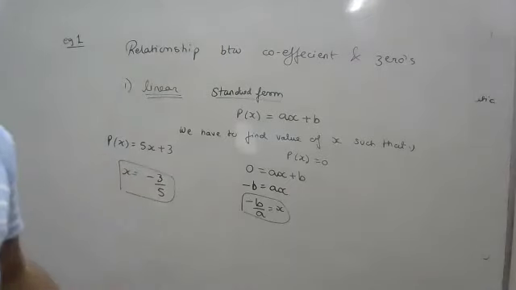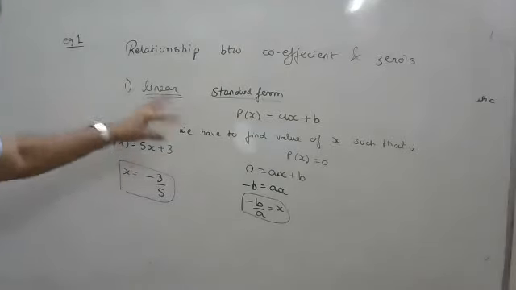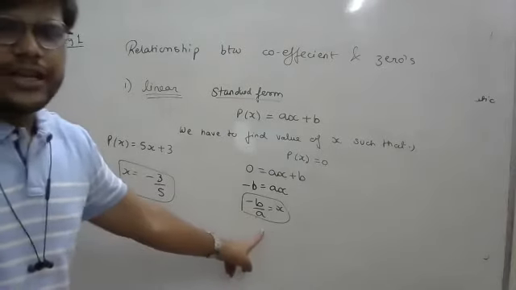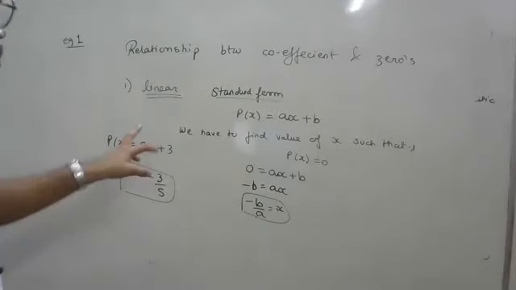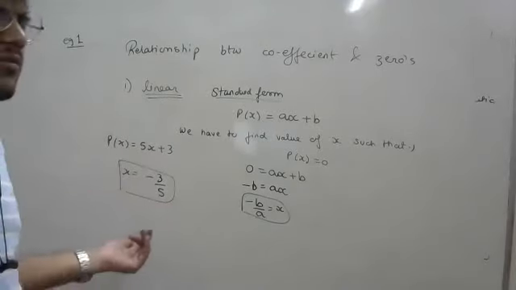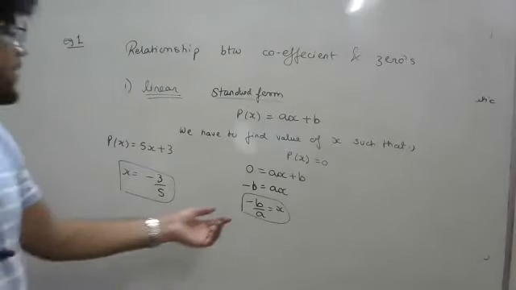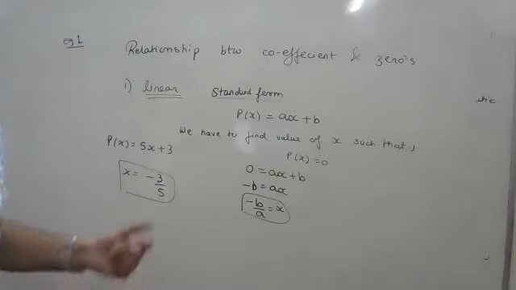So you will simply get the answer. Even if you solve this, if you put p of x as 0 and then solve to find the value of x, you'll be getting the same thing. And if you remember the relation, then also you can directly write it, so it will save your time. For linear polynomial, it's fine if you remember, but when we are going for quadratic, this kind of relation will be really helpful because it will help you to easily find out the roots, solutions, zeros.